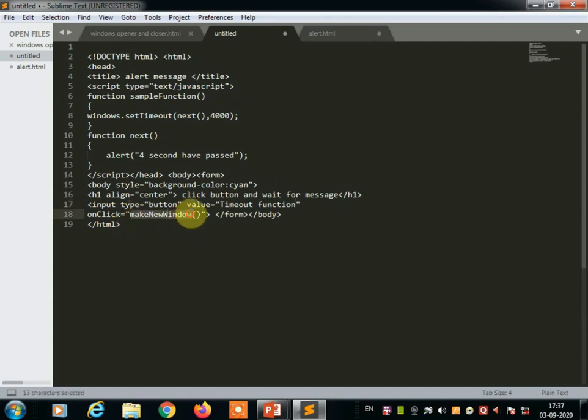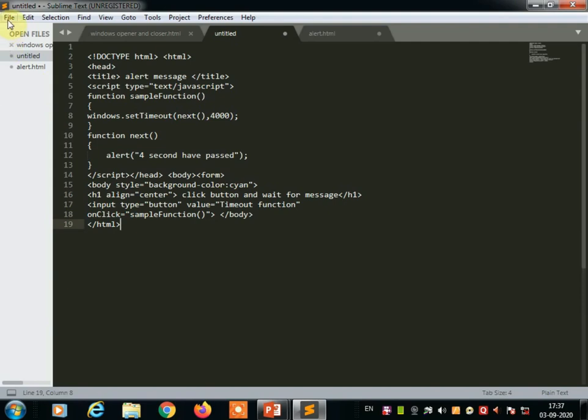So we call that function over here, sample function, which is your first function. You have to call your sample function by clicking on that button. Then you have to close the body tag and close the HTML tag.